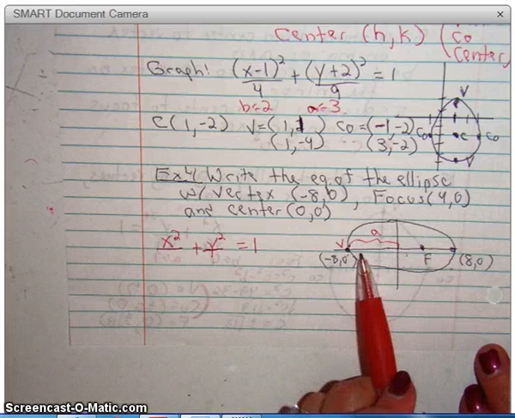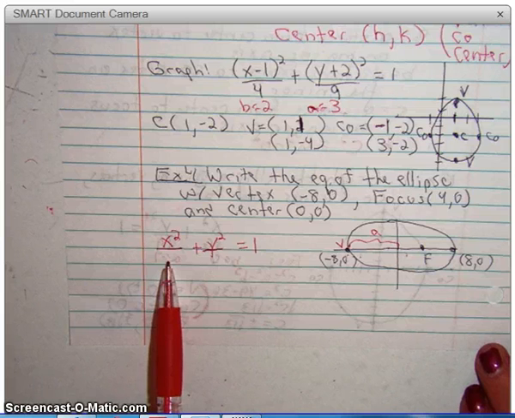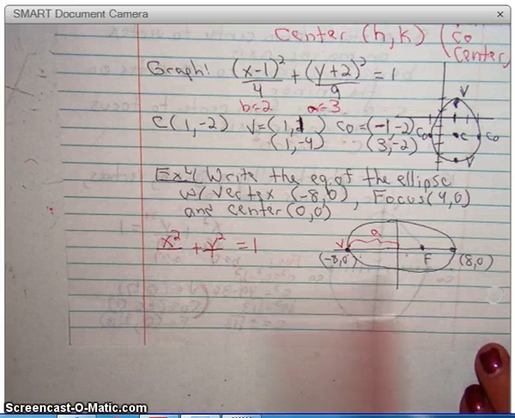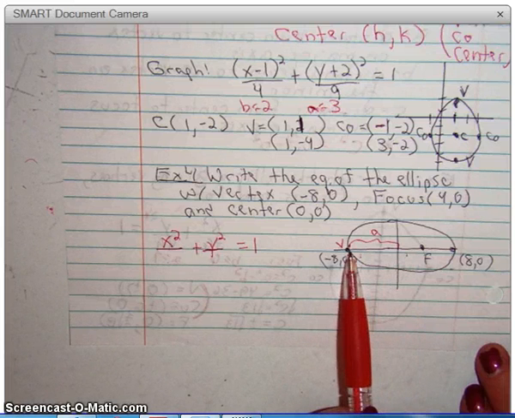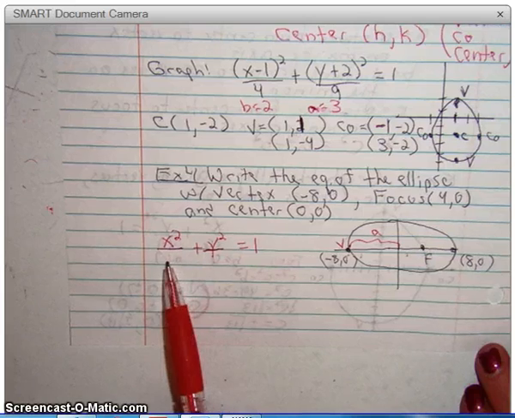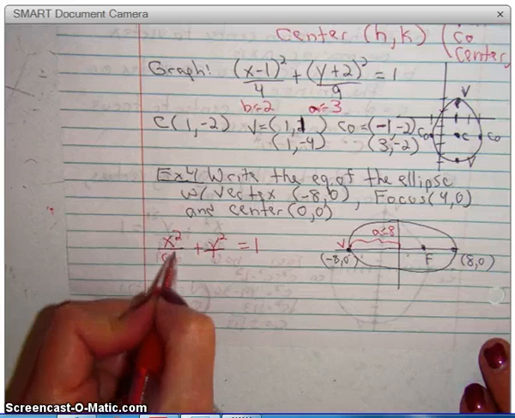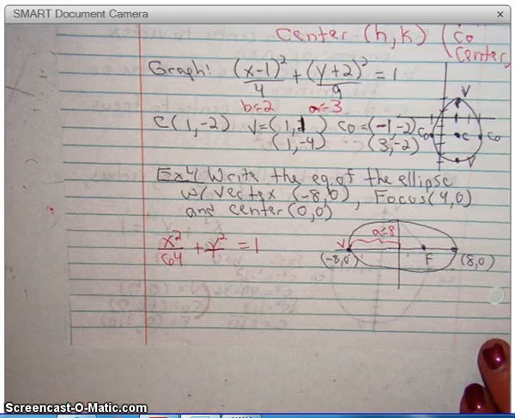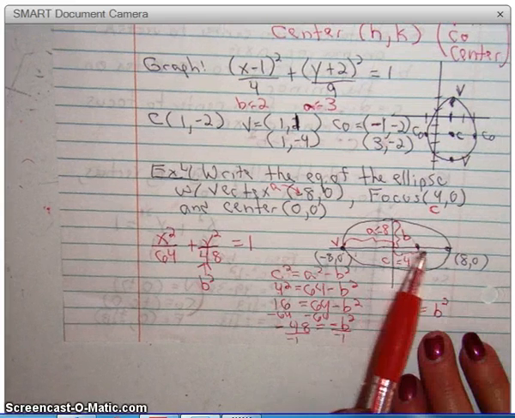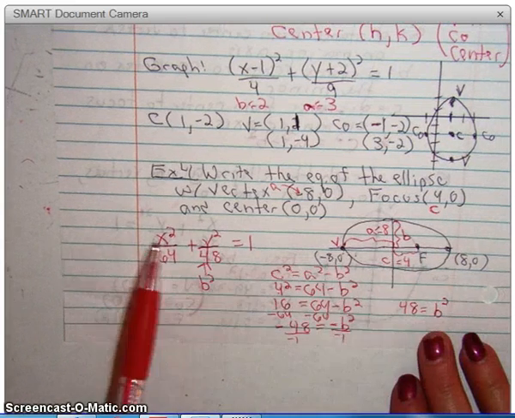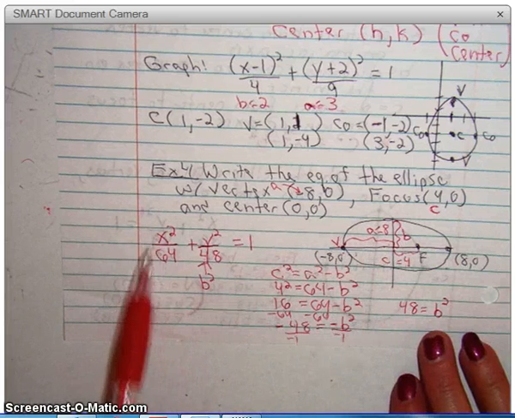So because A is on the x-axis, what number do you want to put under x squared? The distance from center to vertex is 8. So what is A squared then, guys? What'd you say? 64. Okay? Now, here's the problem. Always on the bigger axis. So if I knew the x-axis was the major axis. That's why 8 squared had to go under